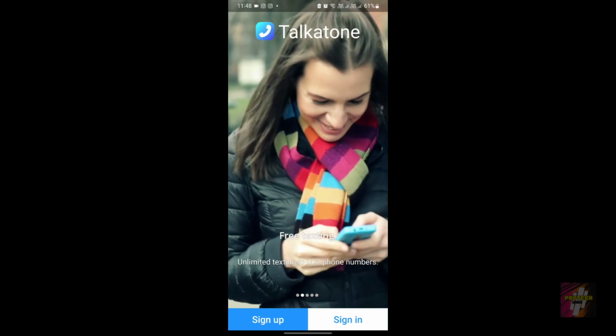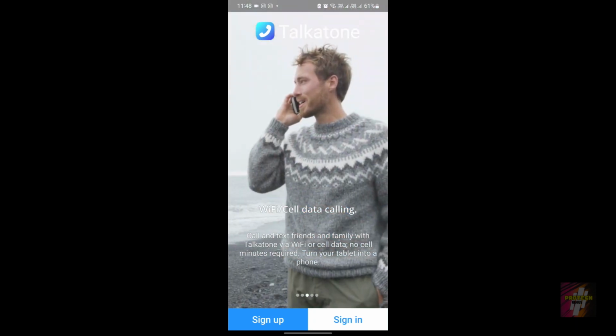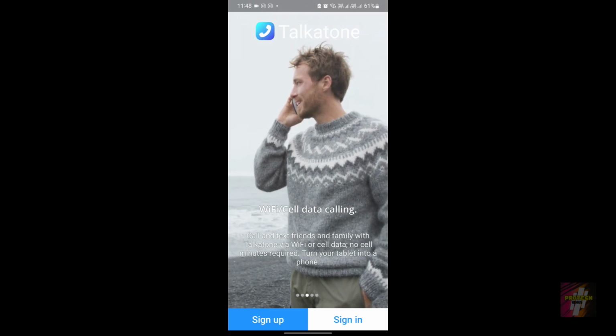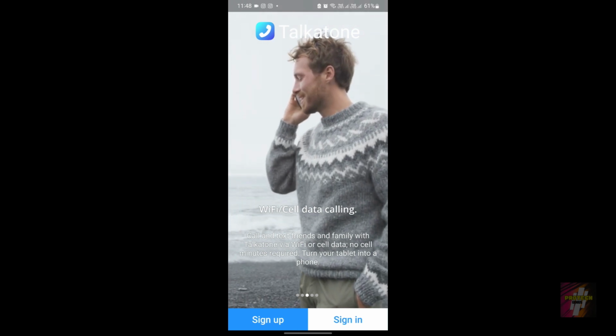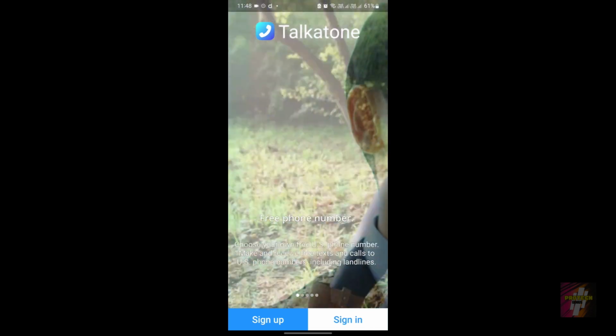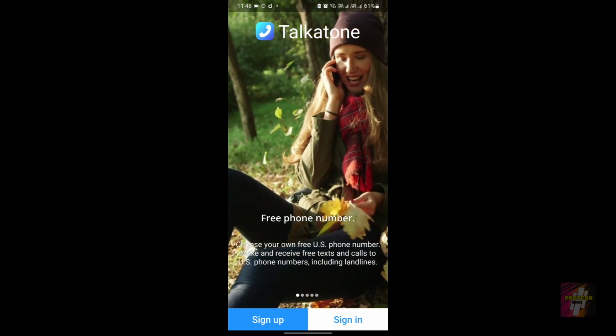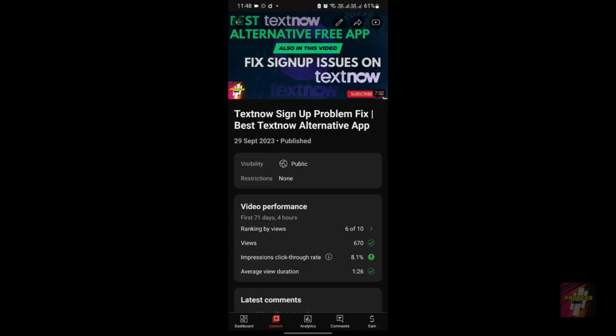My personal suggestion is that for people who are ready to spend money, go use the TextMe application. But for people who are not ready to spend money and want to live entirely for free, then you can opt for the Talkatone application. But it has various errors. Well, for people who are looking for free alternative applications, which could be a good alternative to the Talkatone application,